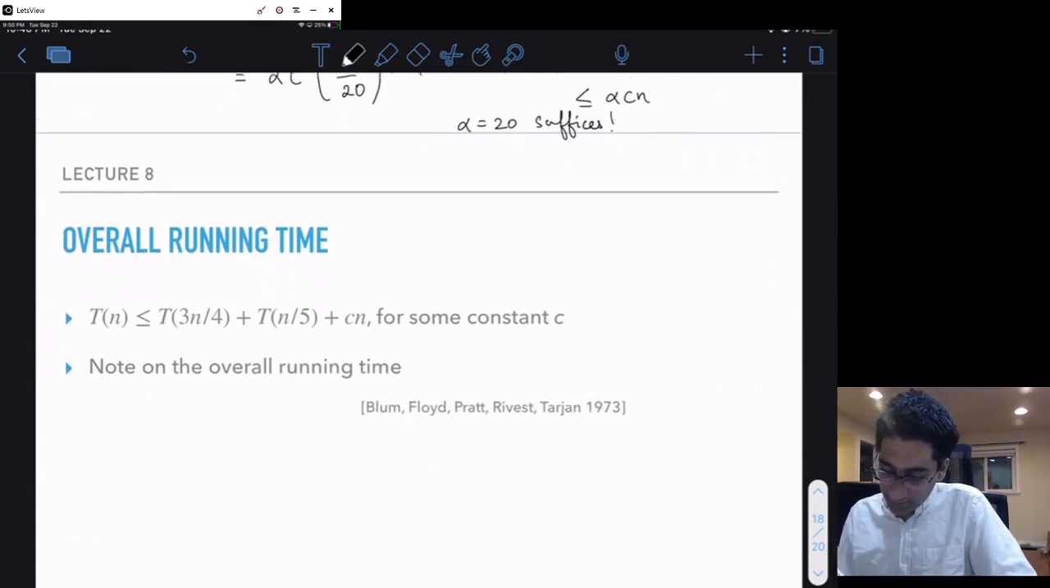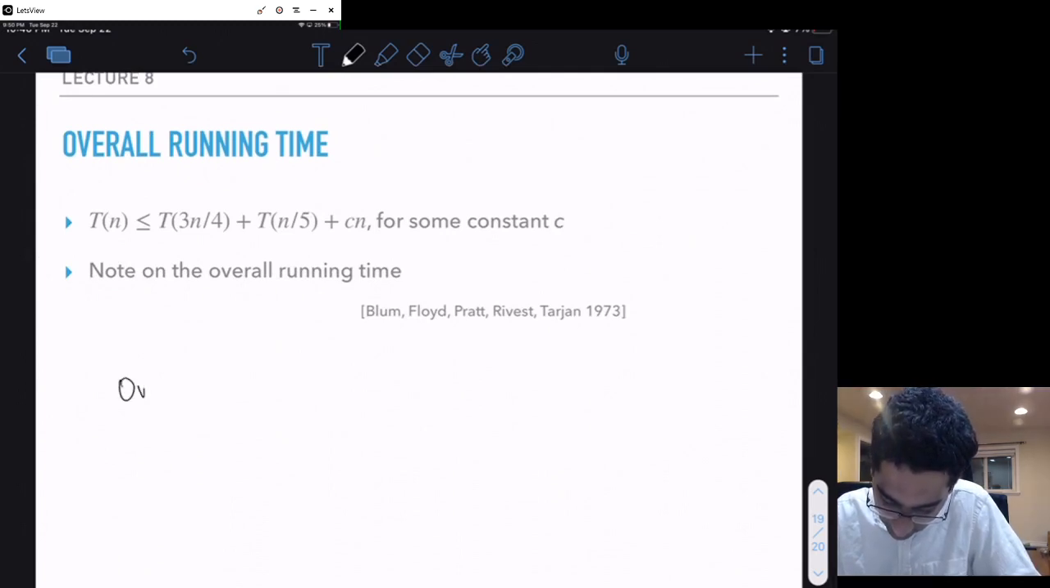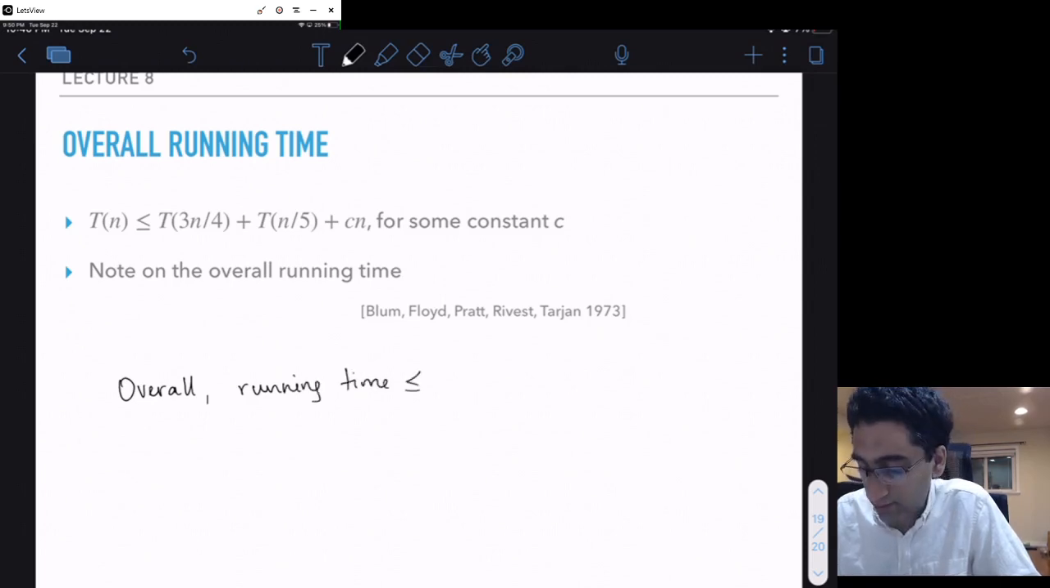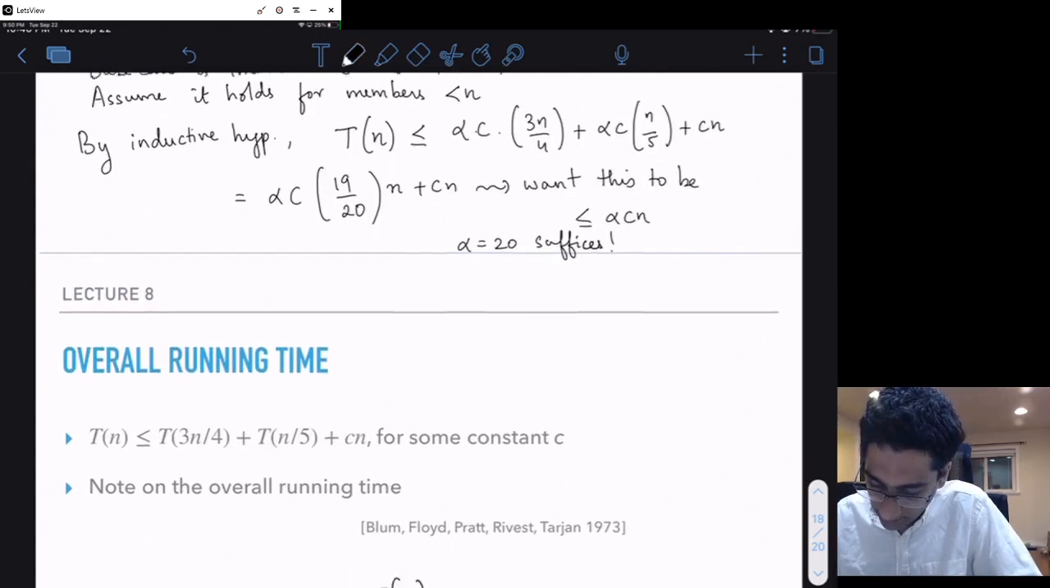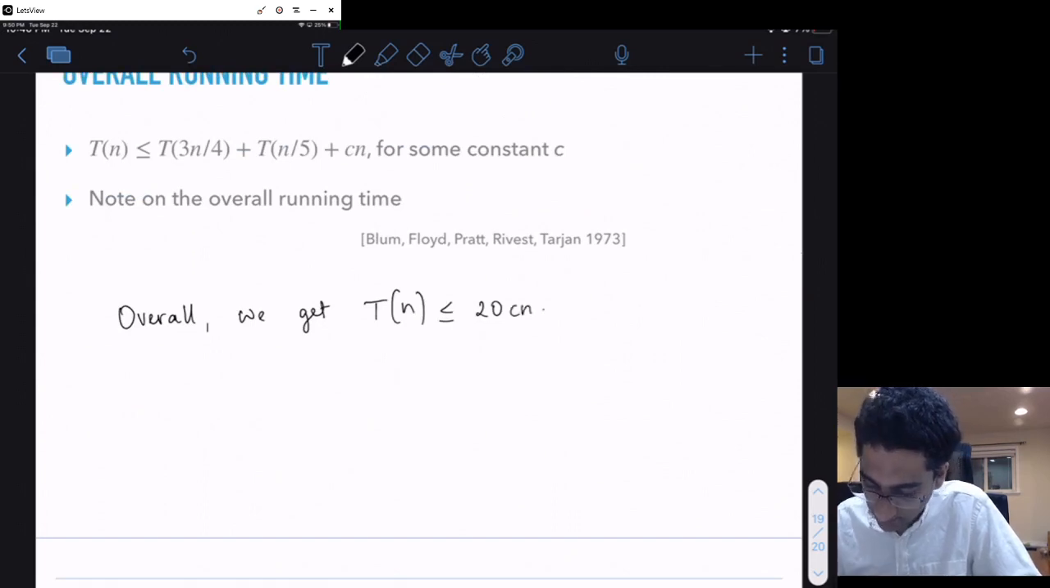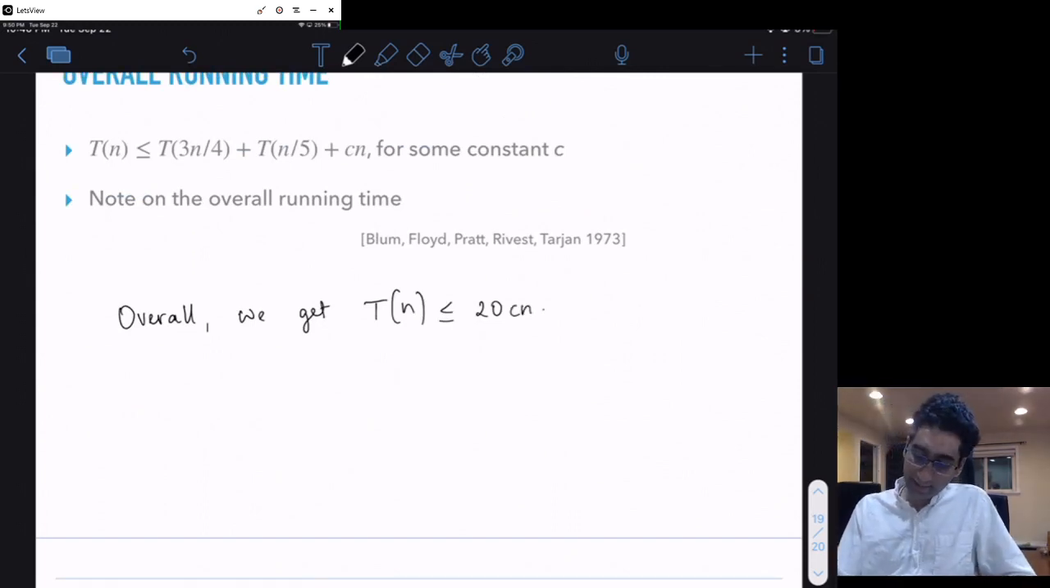So what we've shown by induction is that overall the running time is less than or equal to 20 cn. So T of n is at most 20 times cn. You might be thinking that this 20 is a pretty large constant, and in fact, apparently